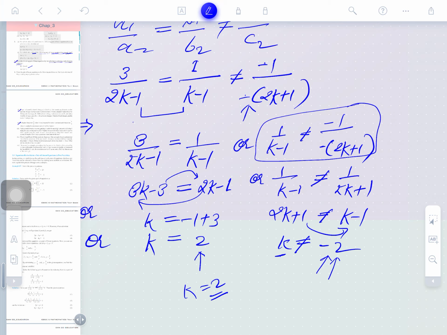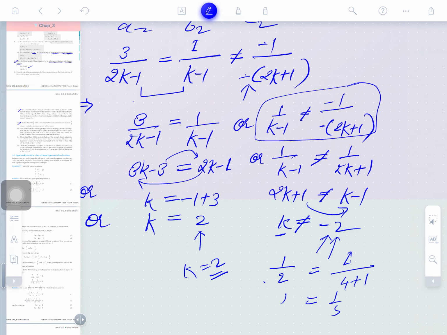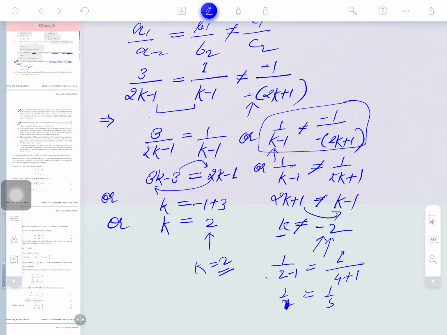Means for k is equal to minus 2, you can also put 2 here. I am talking about 2. So 2 is equal to minus 1 by, minus minus cancel here, is that clear? 1 divided by 2 twos are 4, and plus 1. What is coming here? 1 by 5. So in the place of k, you put 2 here, 2 minus 1, so 1 is coming here. You may see this. So for k is equal to 2, this ratio will not come equal. Is that clear? Have you well understood the method of solving this question?